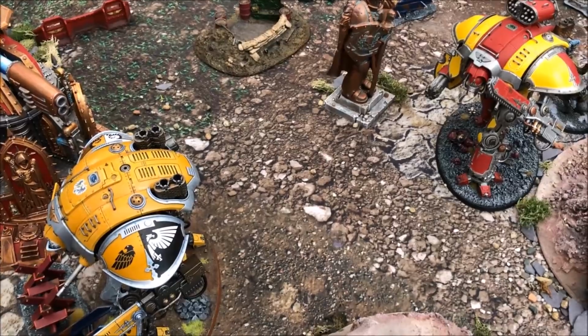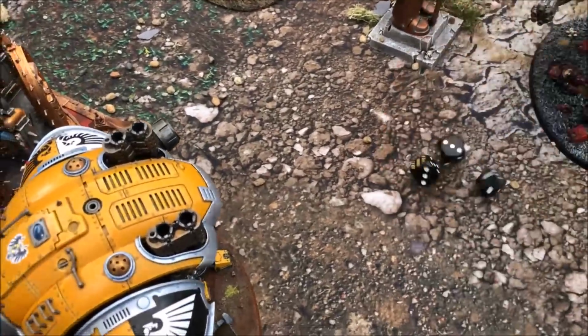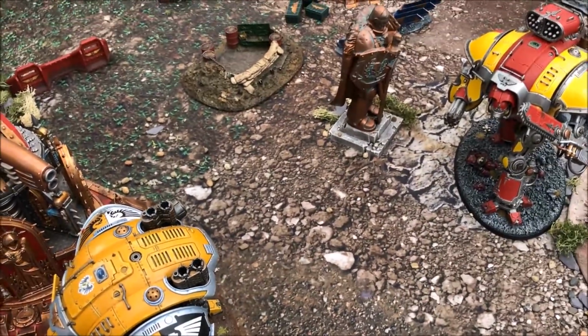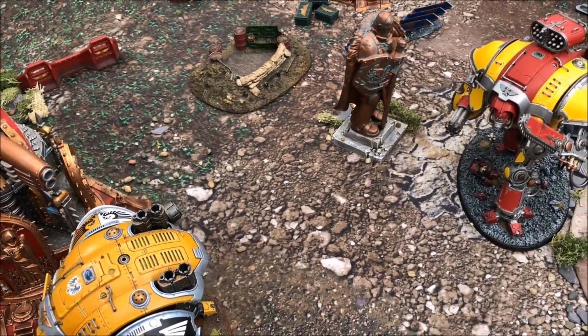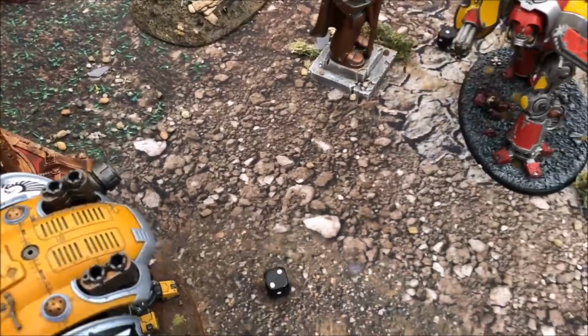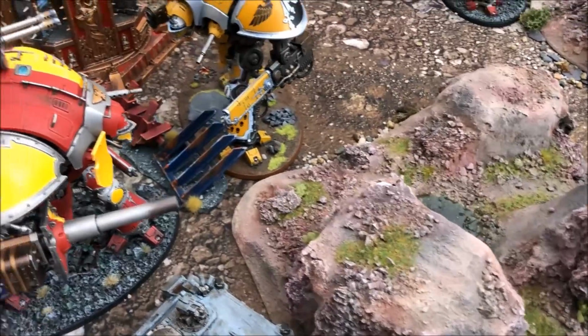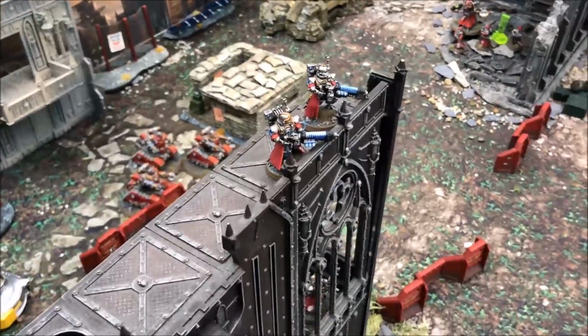Let's see if we can chip off a few more wounds with the stubber. Hitting on 3s, 2 hits. I'm going to be wounding on 5s. 6s. No, it is 6s, isn't it? No 6s there. The Stormbolters from the Rhino are going to take a pop at the Vanguard up on